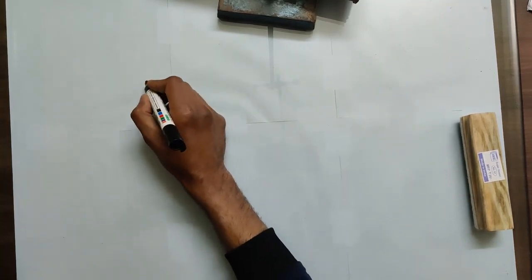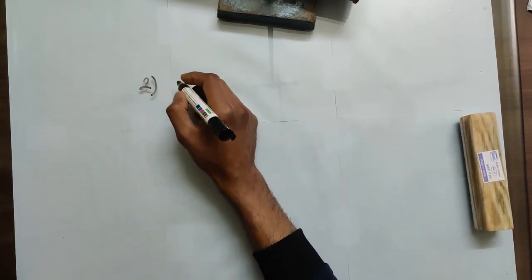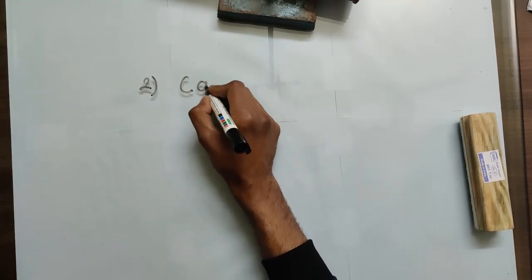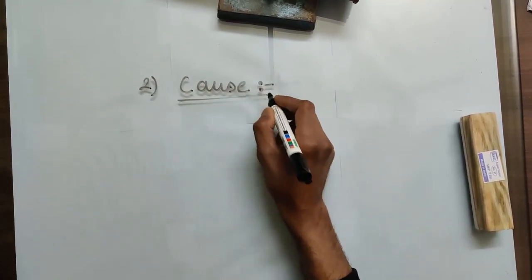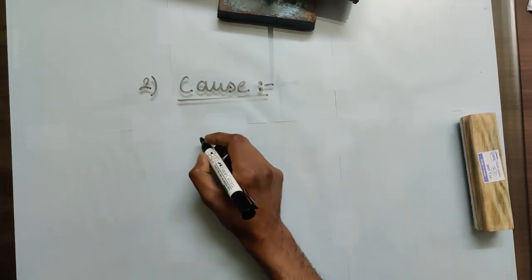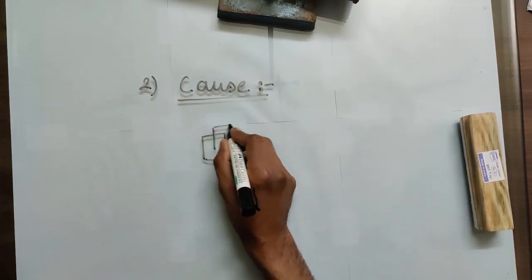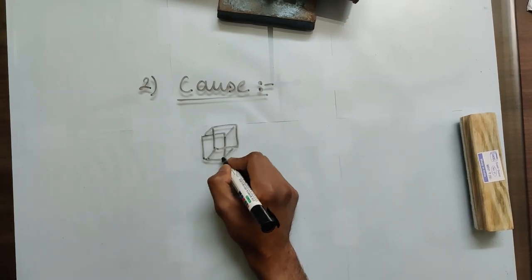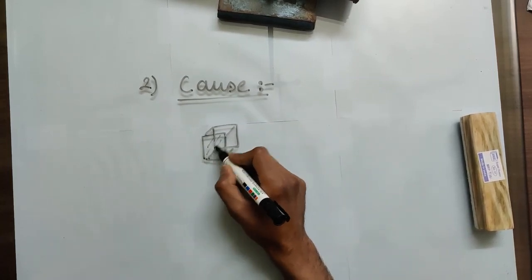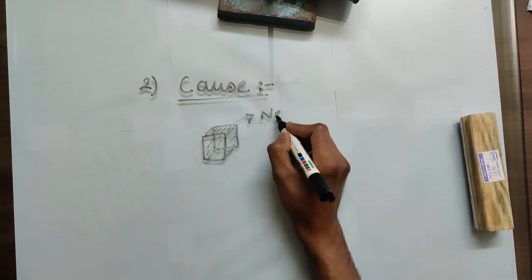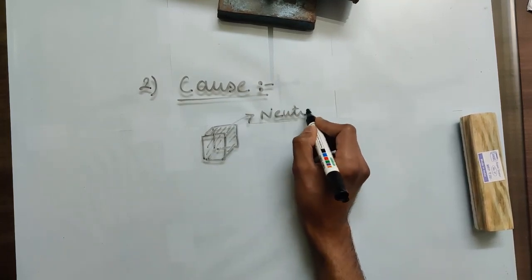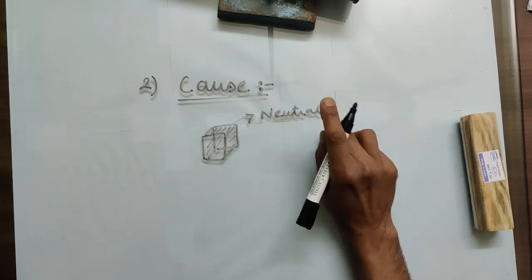Second thing, what is the cause behind the generation of charge? If a body which is initially neutral, means there is no charge,